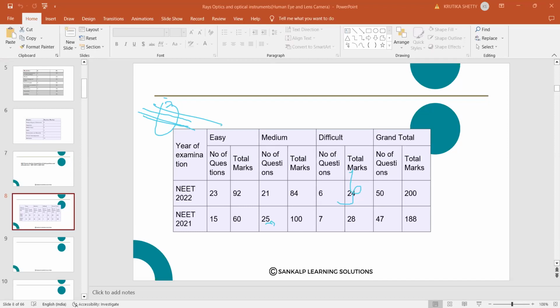Whatever synopsis we are discussing here, we have taken mainly based on NEET. Some concepts that are not very important for NEET are missing in it. If you require that, I'll add it and teach it. For example, we don't get any questions on the gold leaf experiment in NEET, but if you want that, I'll add it and I can teach you in the next class. So if you people don't have any doubt, we can go ahead. Yes, okay, thank you.